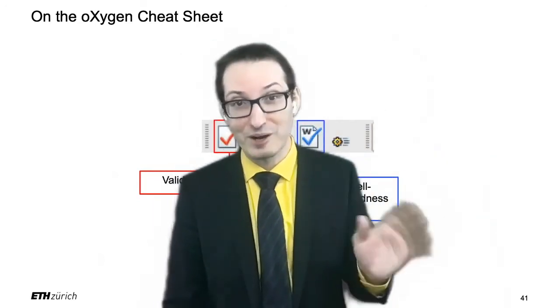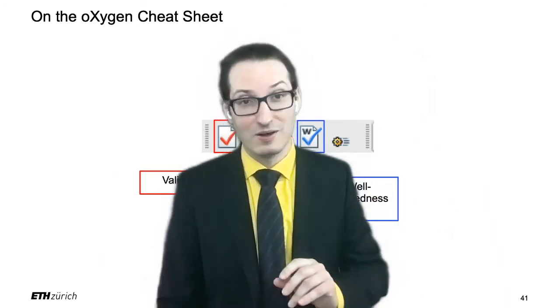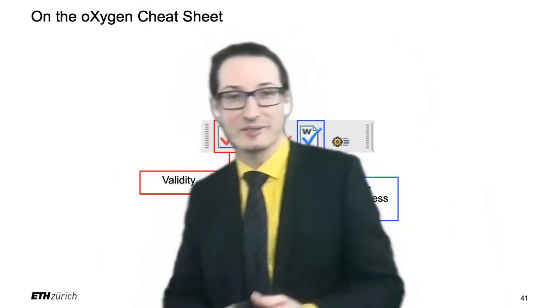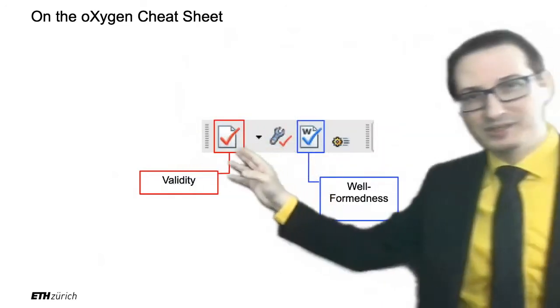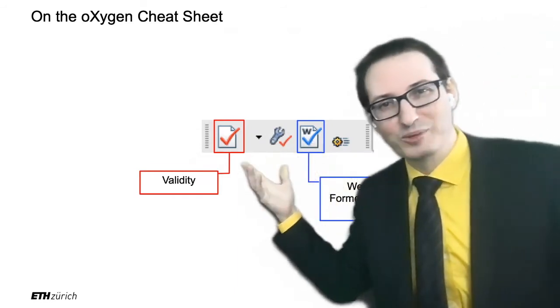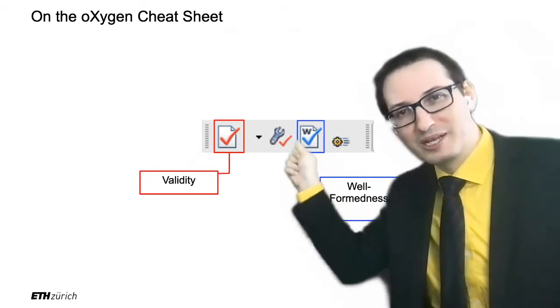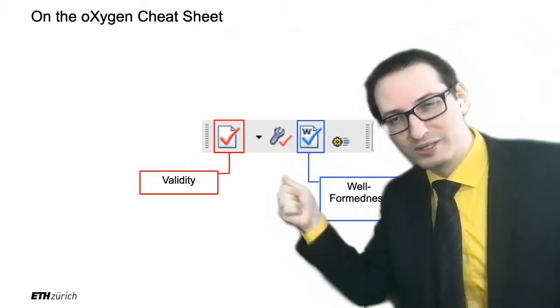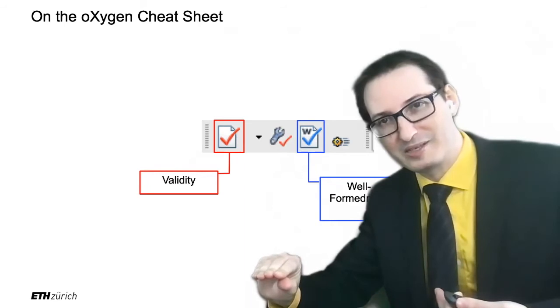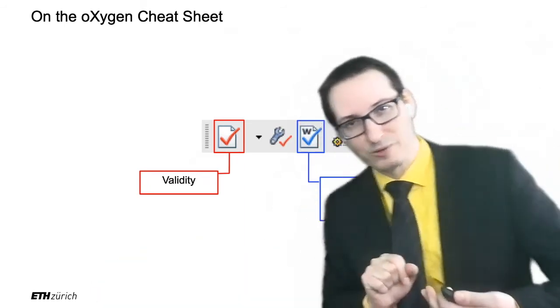It can also be very useful later if you have research projects and you need to process XML or JSON, or quickly query it. It depends on the version, of course, it keeps evolving, but typically it's like the Matrix, right? Blue or red. The blue is for well-formedness. If you click in here, then it shows you yes or no. There's a green flag that says yes, it's well-formed, or a red flag that says no, it's not well-formed, and these are the errors.